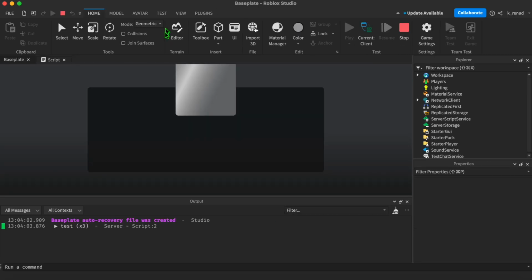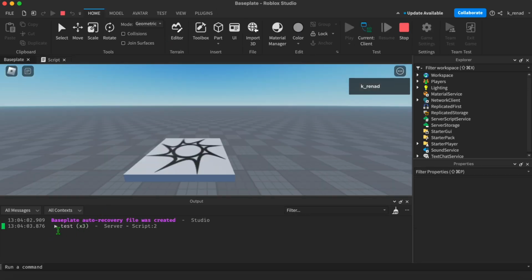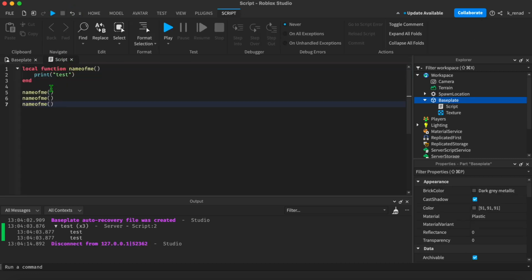Now let's play. So as you see, test 3 times. If we click here you'll see test. So we have created a function. Now let's see what will happen if we add another thing to